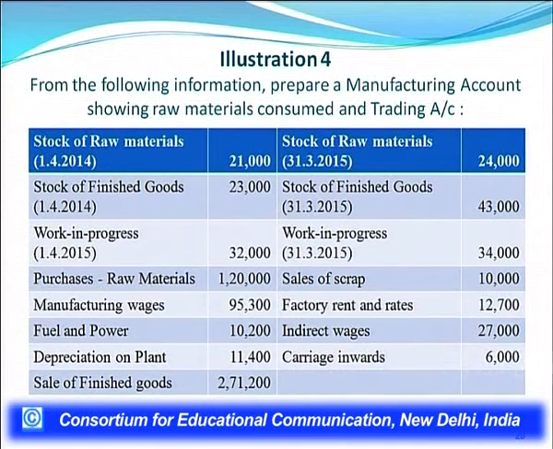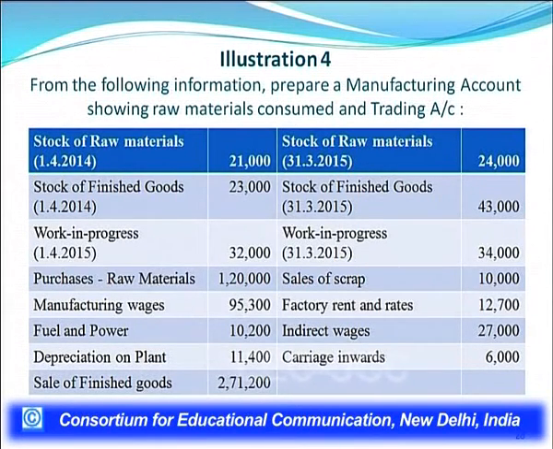Now, we would like to discuss one example or illustration. Some information has been given in this presentation. On the left side, stock of raw materials on 1st April 2014, 21,000. Stock of finished goods 23,000, again on 1st April 2014. Then work in progress 32,000, also on 1st April 2014; the 15 is a typing error. Then purchases of raw materials,